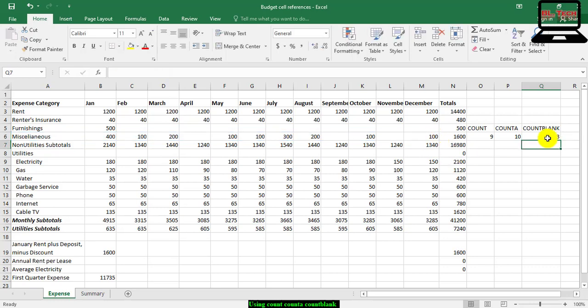The result 3 is the number of blank entries in the range A6 to M6. You can see this figure.